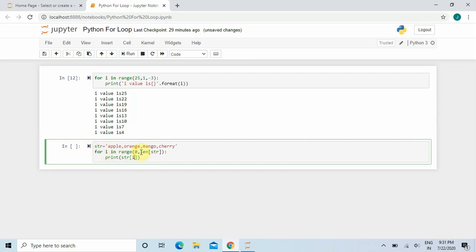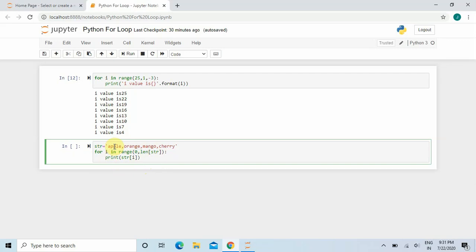For I in range, it will pick 0 first, and then it will print str of 0. What is str of 0? That is A. Again it will increment by 1, the I value will become 1, and it will print str of 1, that is P. Again it will increment by 1, it will become 2, it will print str of 2, that is the P in the second position.